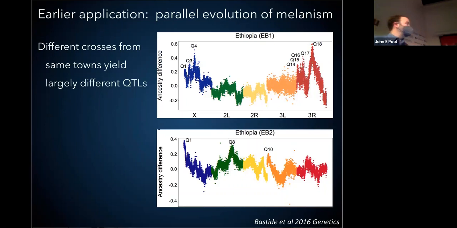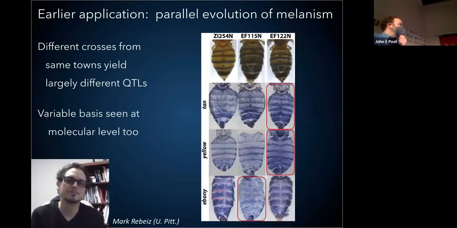Rather, there was a persistently variable genetic basis of this trait. And so, it's not just QTL mapping that gives us that idea. If we look at what's going on at the molecular level, so these are in situ hybridizations, staining protein abundance of these same three pigmentation gene products that I just mentioned, you could see that if you compare this Zambia strain, which is kind of a typical pigmentation,